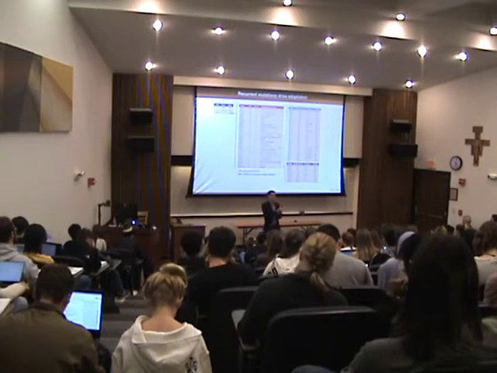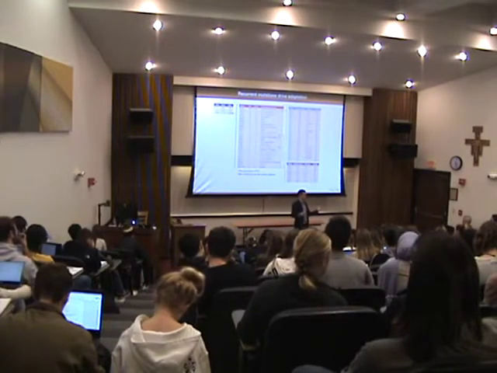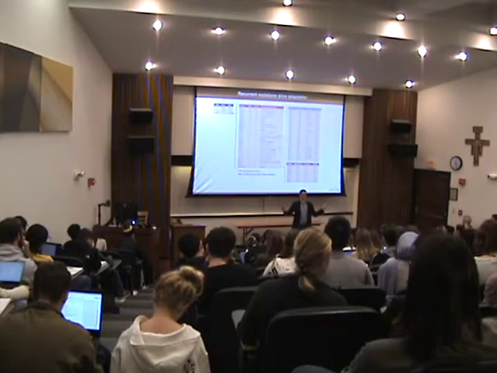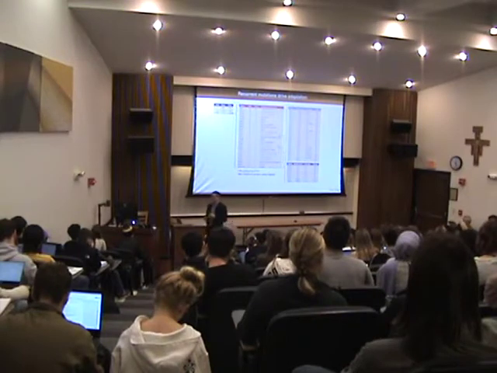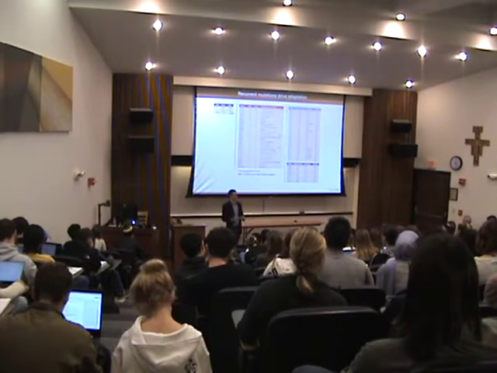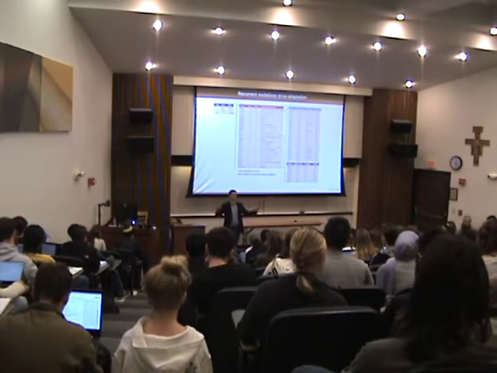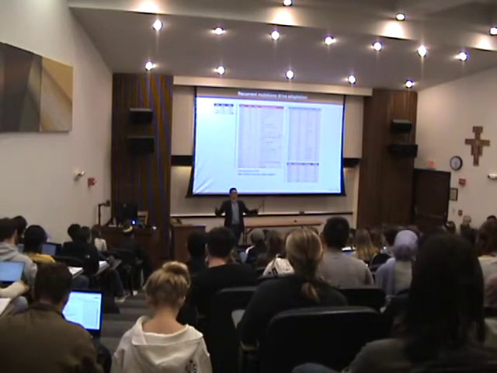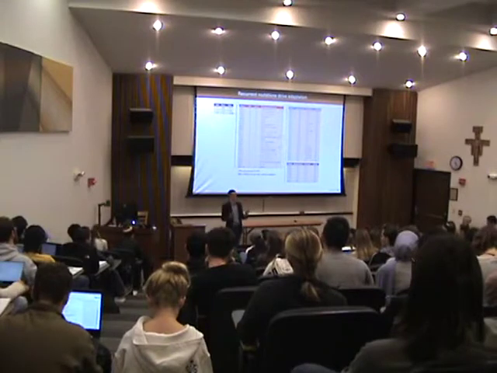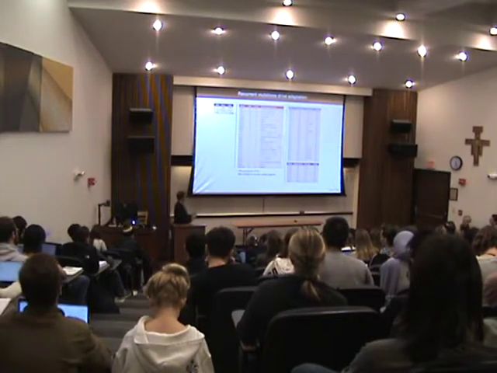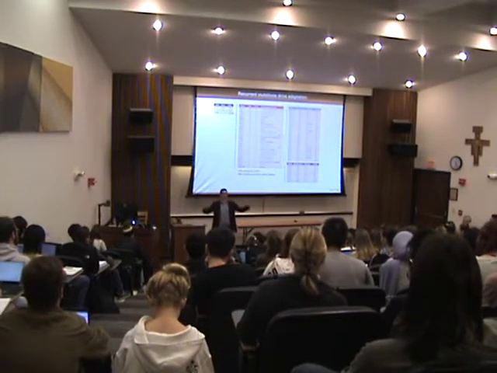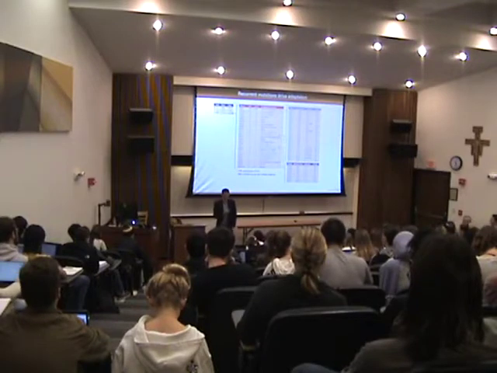But what it doesn't tell us is how much of a benefit do they get for shutting off the RAS pathway. So what is the actual fitness effect of these different mutations? And to get at that, we can turn to what is another real powerful aspect of our system. The fact that yeast is a great model system for doing genetics. And so we can do genetic crosses with our evolved populations. And I had a postdoc in the lab who developed a very clever process for doing really high throughput genetics